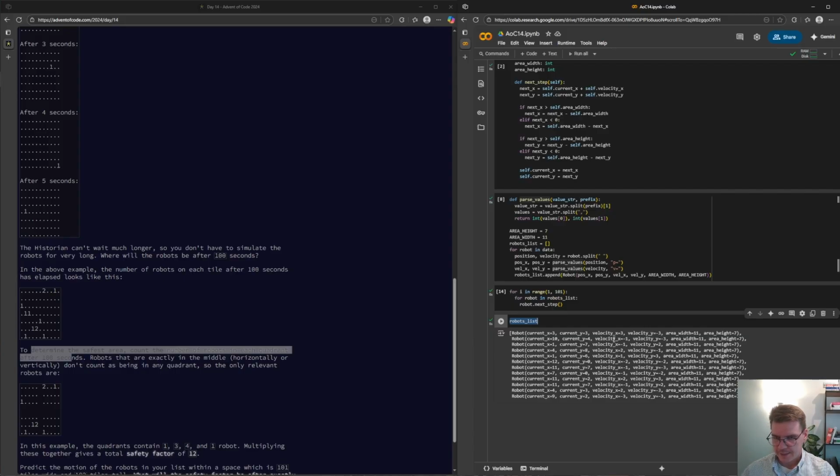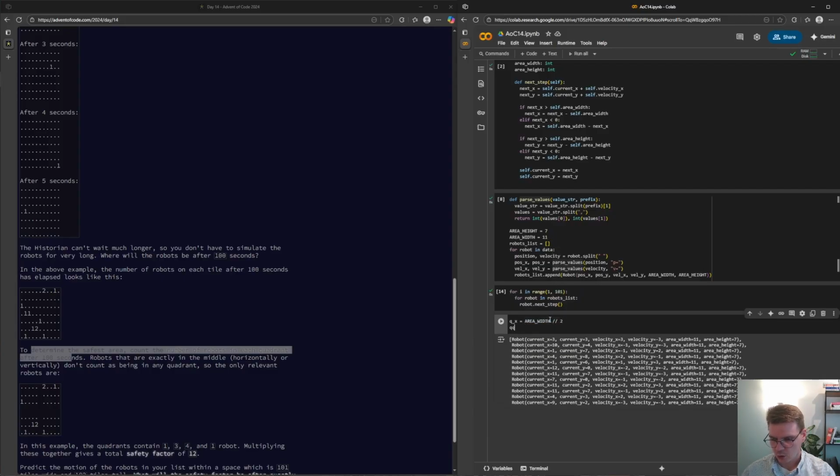So I guess if we check the quadrants, so qx would be area width divided by 2, and then qy would be area height divided by 2.